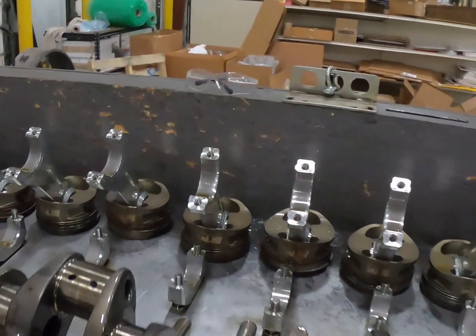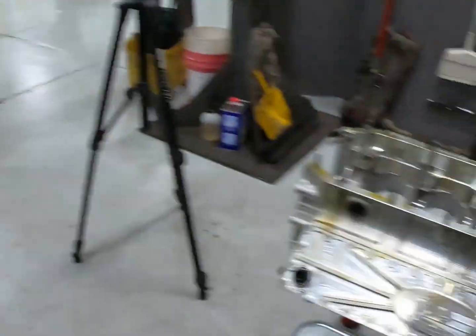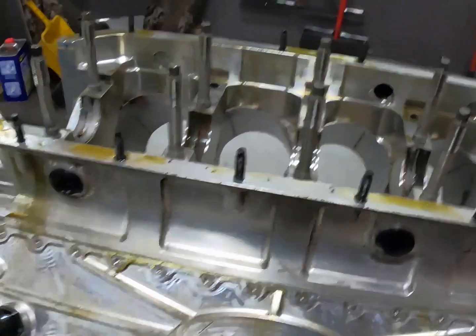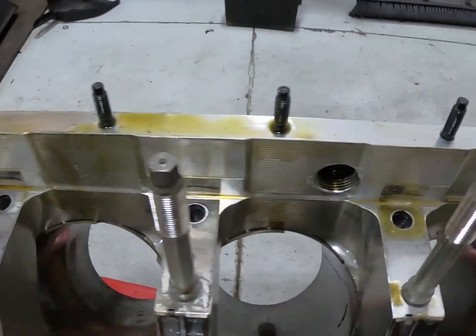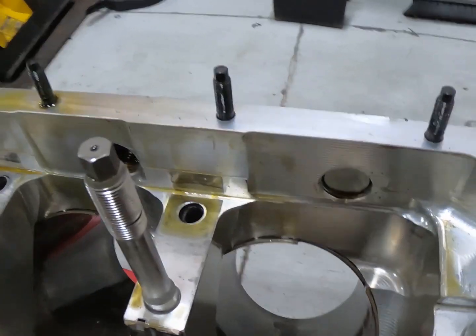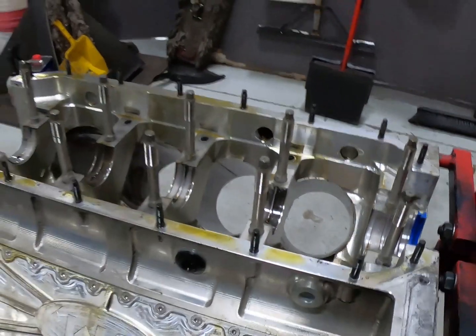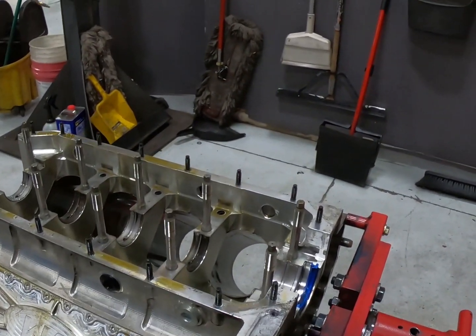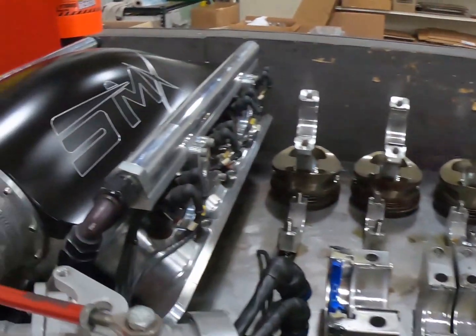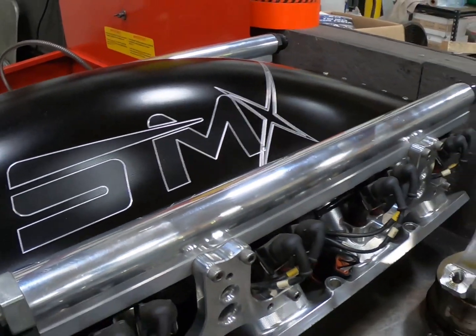pistons and rods, and that's just because obviously the crankshaft's fine. Block looks great, super happy with the block. You can see, our cross bolted, I'm sorry, not cross bolted. I don't do cross bolted, I do a splayed cap all through there. Everything looks really good. I'm pretty happy with the way this thing looks, and this is a real minimum freshen up deal to put this all back in and get this all going and sorted out for this year's drag